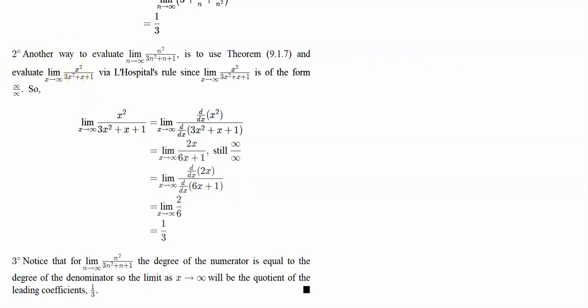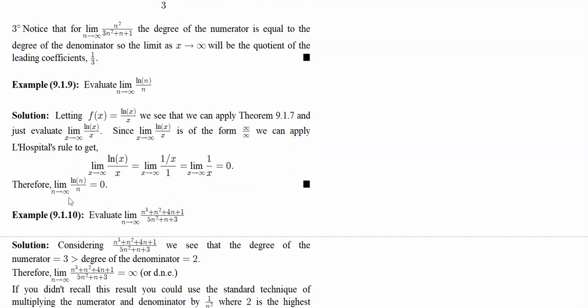And then finally, another way to do this, which is what we've already mentioned here. You can recognize that since this is the limit as n goes to infinity of the quotient of two polynomials of degree 2, then from calculus 1 techniques, you know that this limit is going to be the quotient of the leading coefficients, merely the 1 over 3. Okay? And once again, another way to think of that is to think that as n gets really large, right? As n gets extremely large,